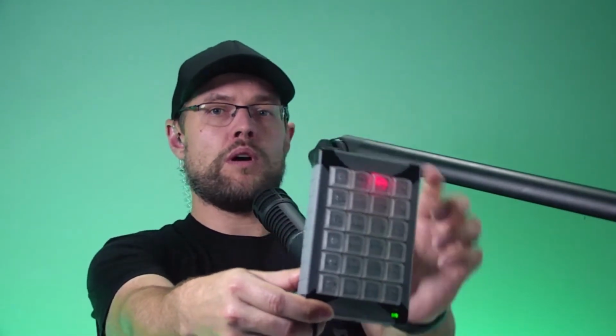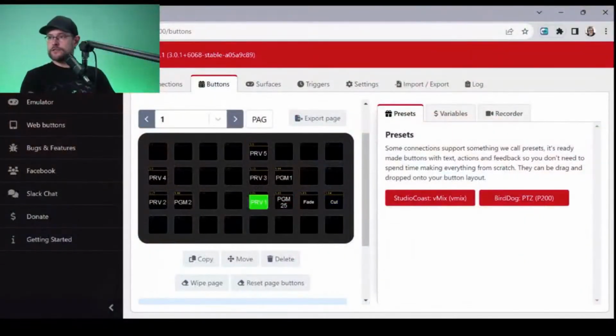The program 1, which is the one we just programmed, is lit up red because the tally feedback light says to send it red. And we can also see the program button background inside Companion is also red. So red is dead, everybody. Red is dead. It's your hunting safety and executive production know-how tip of the day. Let me try that again. It is your gun safety and production know-how tip of the day.